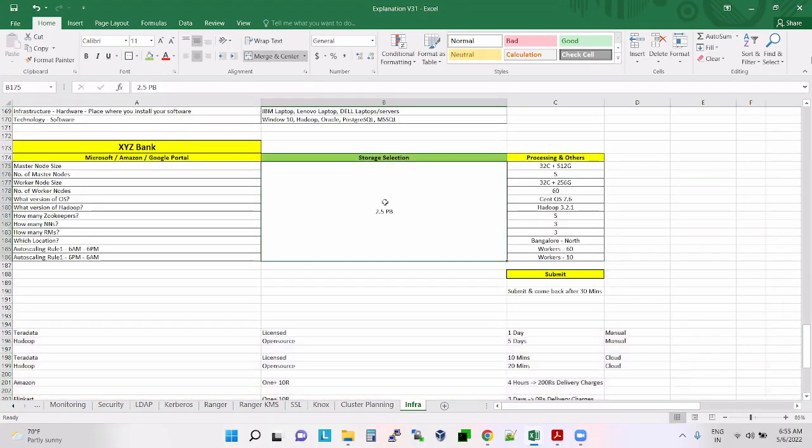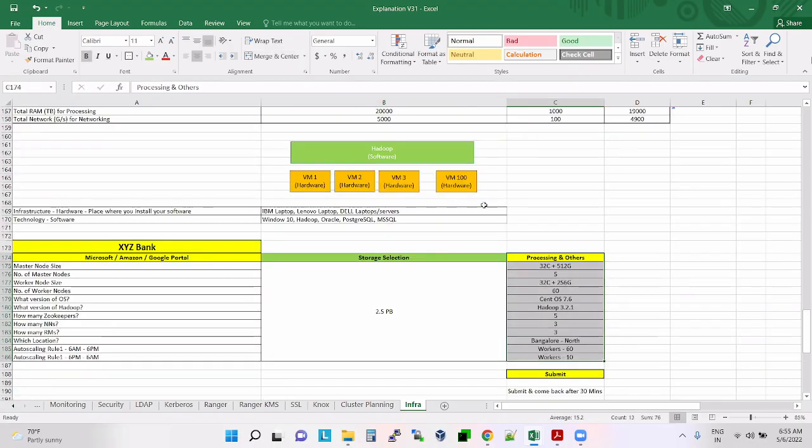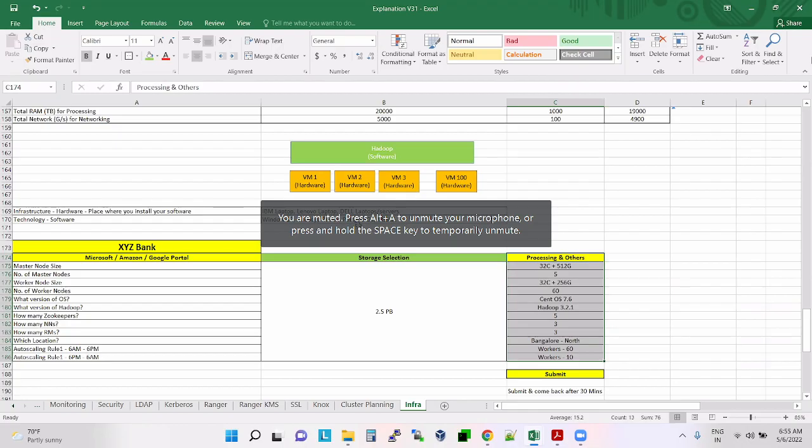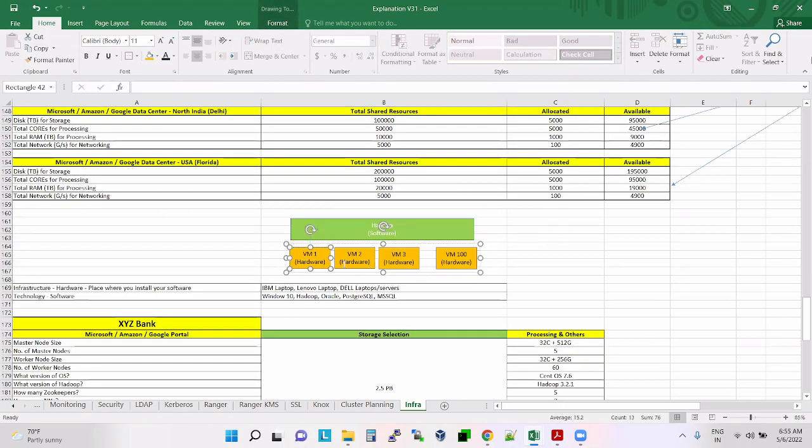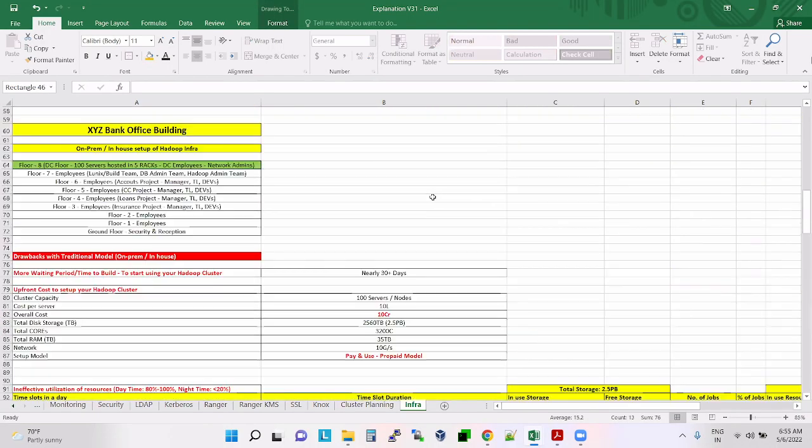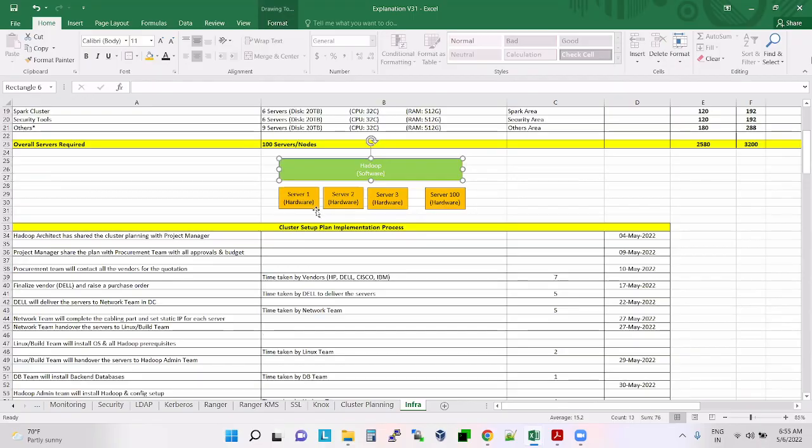Here, what they have done is separate storage and processing. Storage they are giving separately, and processing they are giving separately. But in the traditional model, you have a server where you will have storage plus